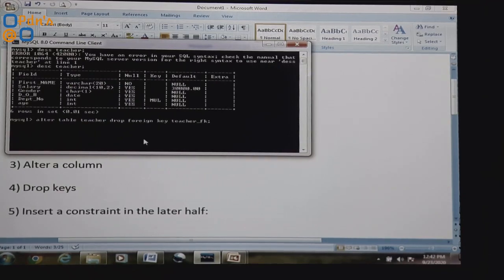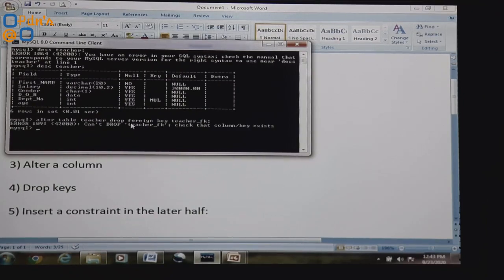Okay, see here the foreign key has been declared. Teacher underscore FK is a foreign key for this table, and the column is department number. So we are dropping this foreign key from the relation.